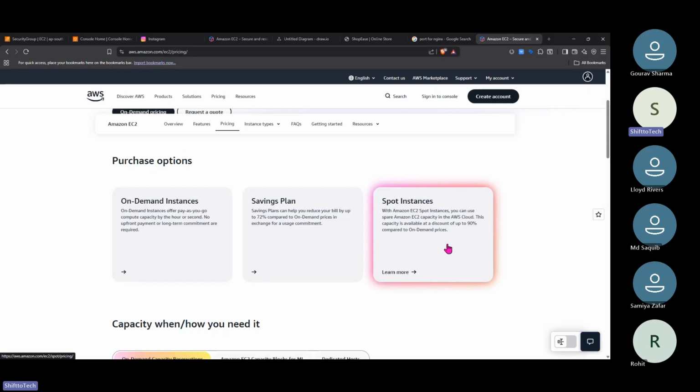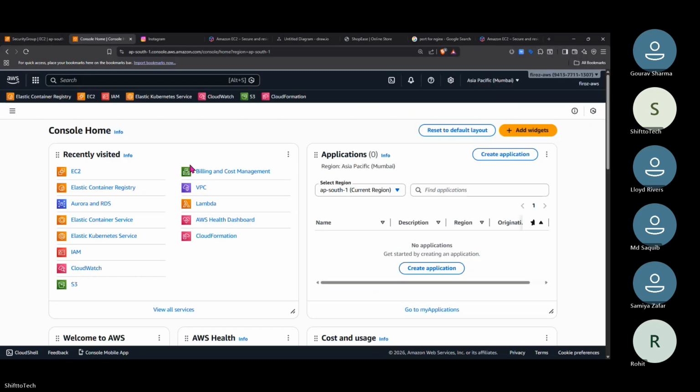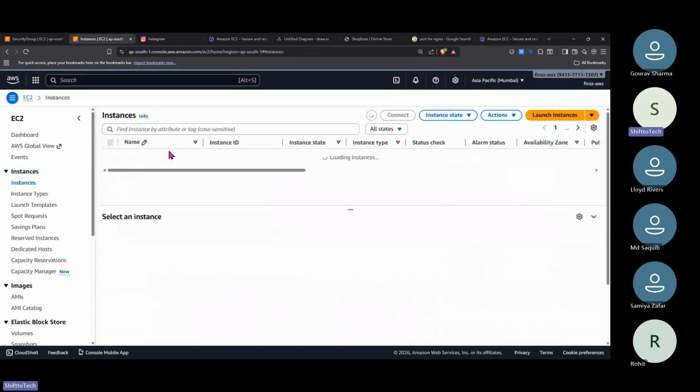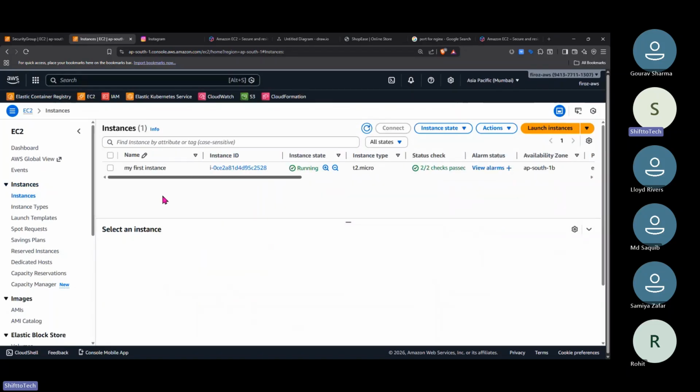Then suppose Lloyd goes and needs some servers. AWS will take this instance from me and give it to Lloyd. Spot instances are not reliable actually. AWS will send me a timer, a ticking timer of 2 minutes, and then this server will be deleted from me. Why? Because it's a spot instance. The timer will start for 2 minutes and it will delete.